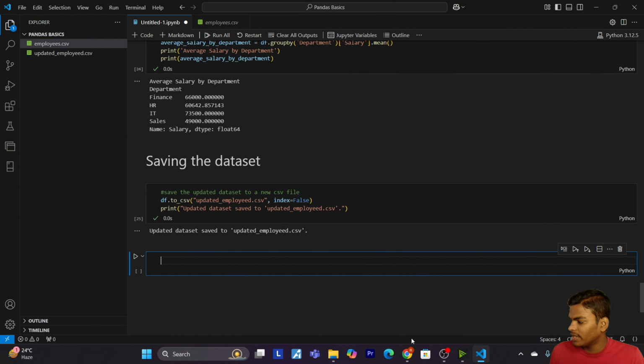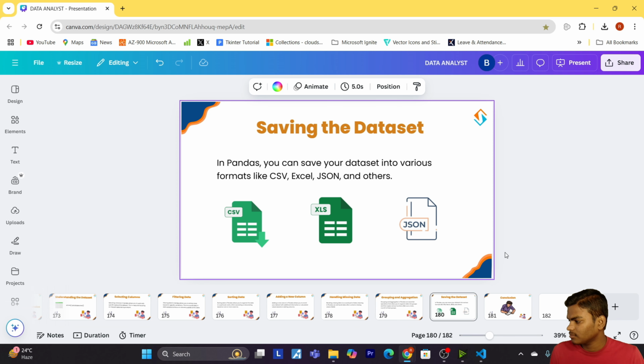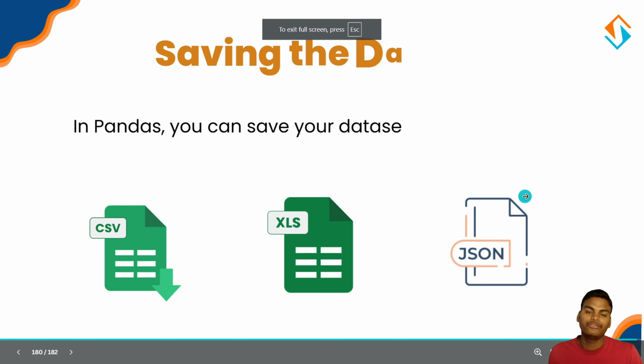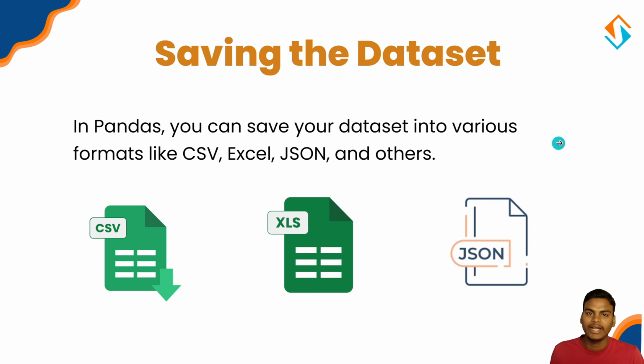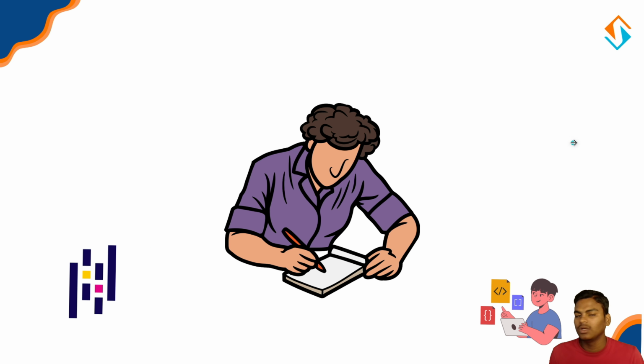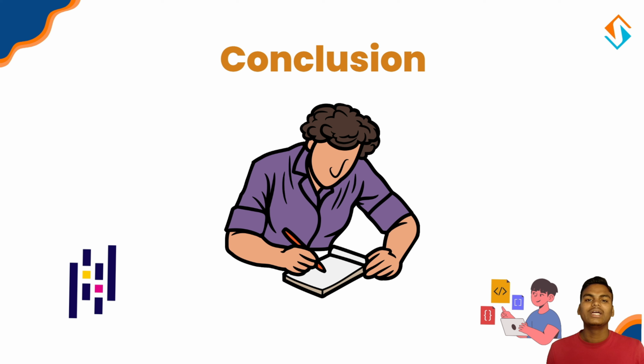So now let's come to our slide again, okay? This time we have finished every step used to clean our data using pandas. Now it's time for the conclusion, okay? So that brings us to the end of this pandas tutorial. We have covered essential topics such as loading data, inspecting it, filtering, sorting, handling missing data, and more. I hope this session helps you get started with pandas, and don't forget to practice with your own data sets to improve your skills. So now let's come to our next part of this video.